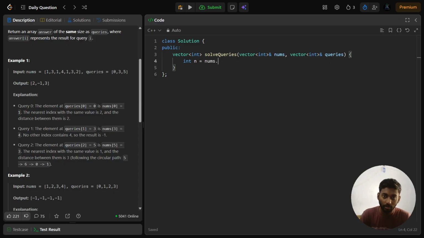So int n is nums.size. Now we will make a vector int. Let's name this distance, like how many distances we have to move, and initialize it with n, because n can be the maximum. So now we'll find the minimum distance we have to move towards left